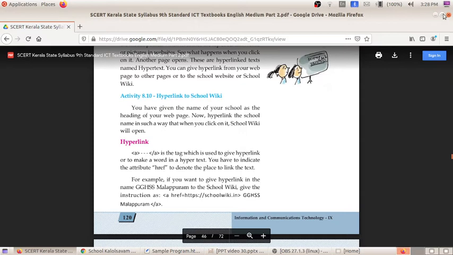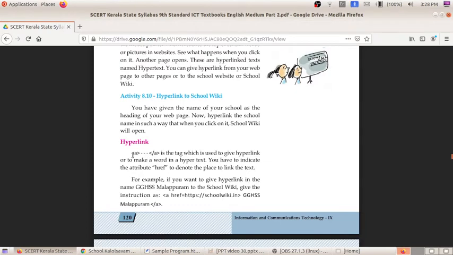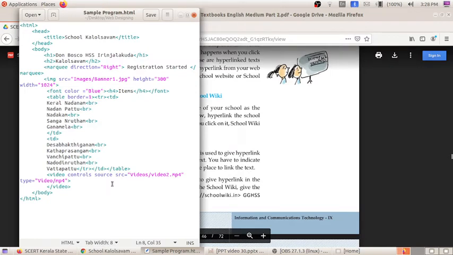When you click on that particular text, a link will be attached there, and when you click on that link, the corresponding page will open. So here we are going to give a hyperlink to the school wiki. The tag used for giving the hyperlink is a /a. This is the tag for giving the hyperlink. How we can give the hyperlink, that also we will be discussing. That will be the last activity which we are discussing in this session.